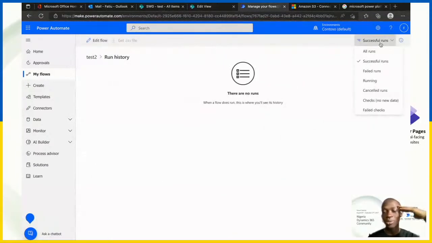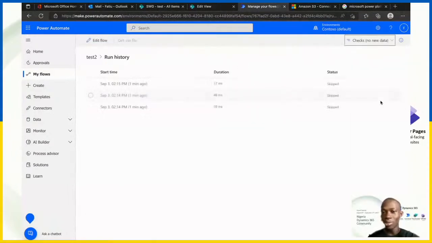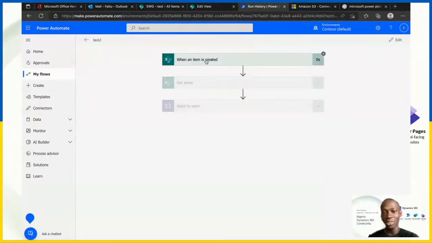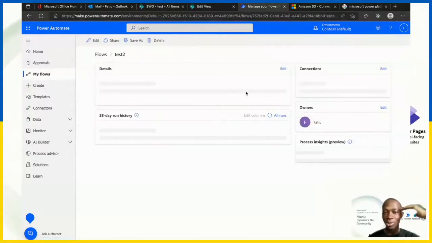So you see all the list of successful runs here. There are some runs that are skipped basically. So for example, the run I just triggered actually skipped. I don't know why though, but look at it. So it skipped. I think it's something that has to do with